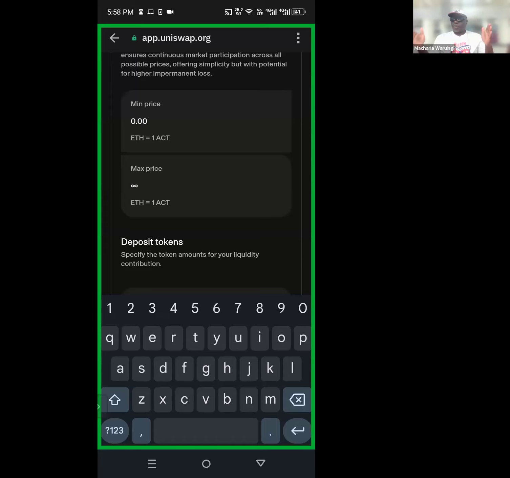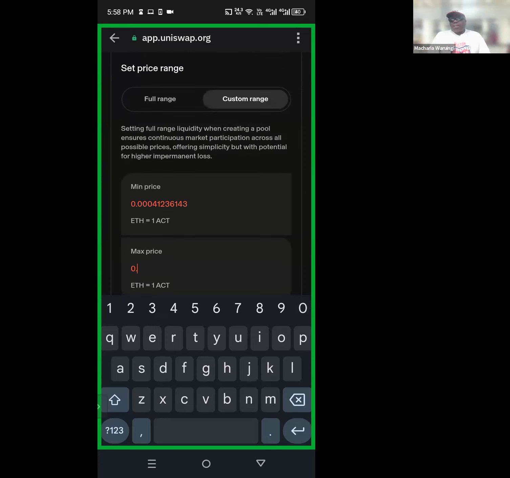But then you create a range where, say, 5% below the set price, that's like 95 cents, or 5% above, that's 1.05. See, that prevents your tokens from getting taken for very little money.